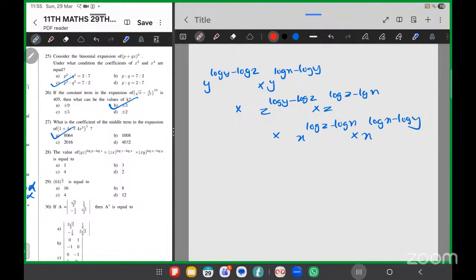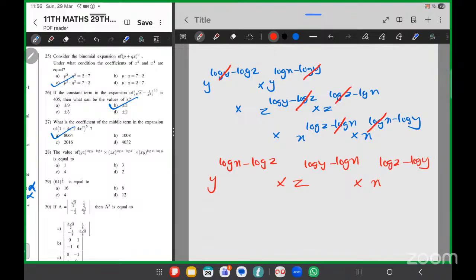So log y cut, log z cut, log x cut. So y raised to log x minus log z, then z raised to log y minus log x into x raised to log z minus log y is equal to,